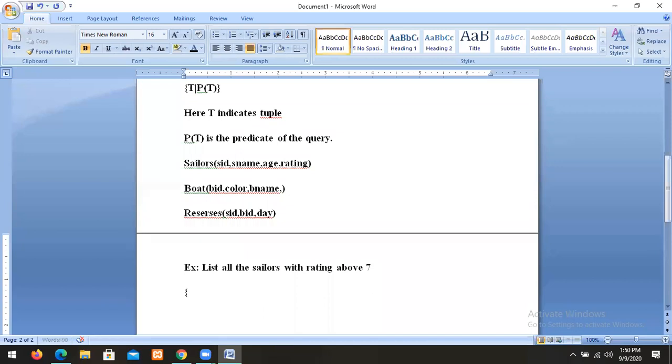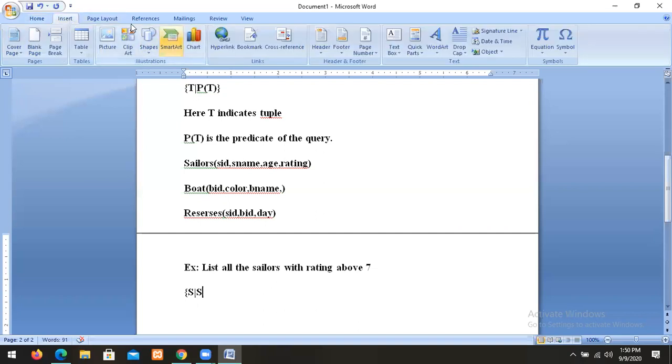We have this syntax: braces. Then I will write S belongs to Sailors, using the belongs-to symbol.